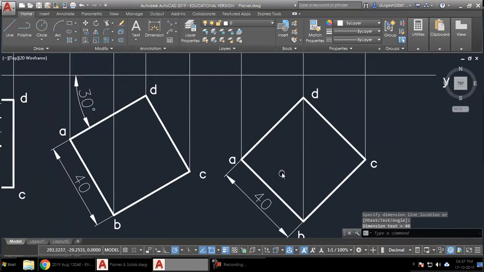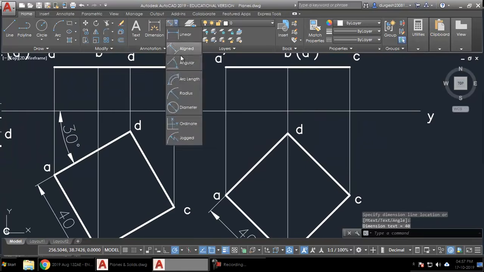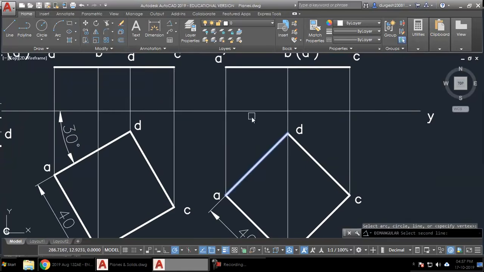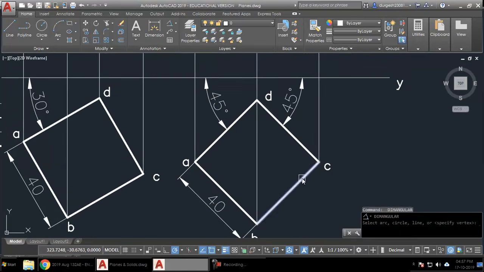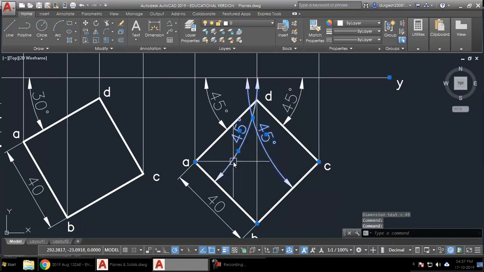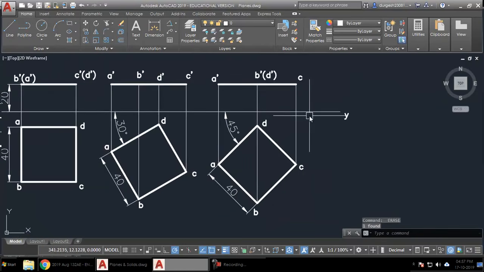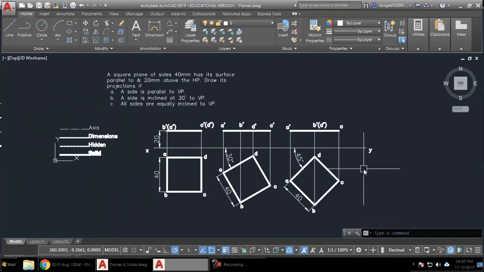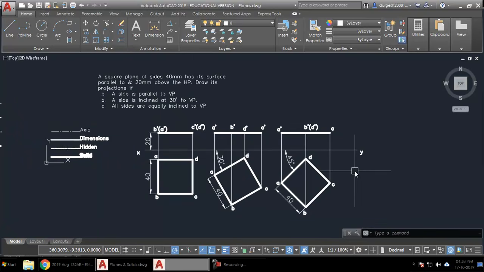And you can just provide the dimensions, and if you see the angles, all these angles are going to be the same because they are going to be 45 degrees. This line is also 45 degrees, as well as this line, the 45 degrees. But you don't have to show all these angles. You can just show one of the angles, and because it is at 90 degrees, the other angles can automatically be calculated. And this is how we solve problems on planes.